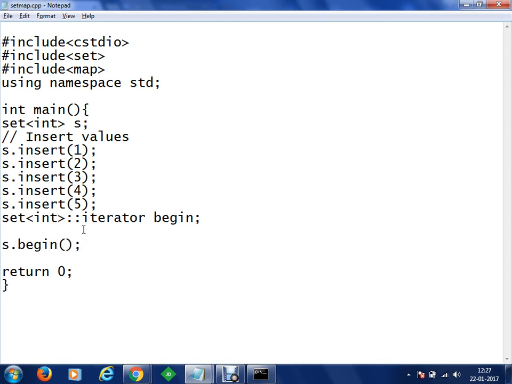Whenever you have to initialize an iterator, you have to write it like this. But you can create as many iterators as you want. It could be begin, it could be end, it could be find, it could be count. Variables can be anything, whatever you want to do.